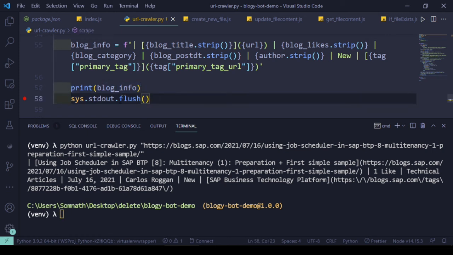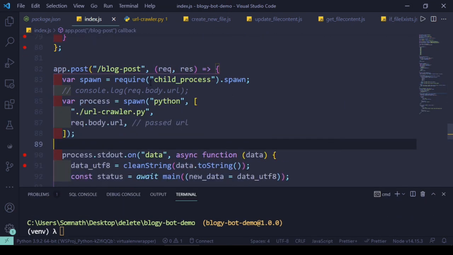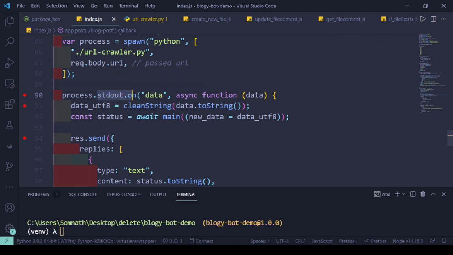Means I'll use that output as memory in the buffer, and that buffer information I will collect inside this data, inside this standard output as data. So data should be buffer, and to use that buffer we have to convert it into a string, and this clean string we created avoids any unknown characters, which may be incorrect UTF-8 characters that we need to discard.